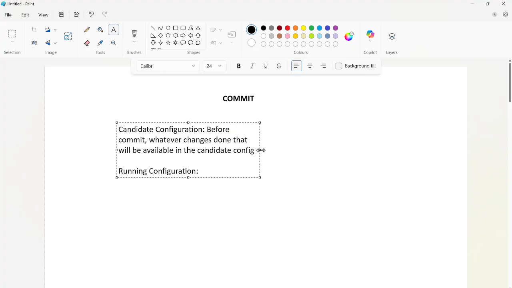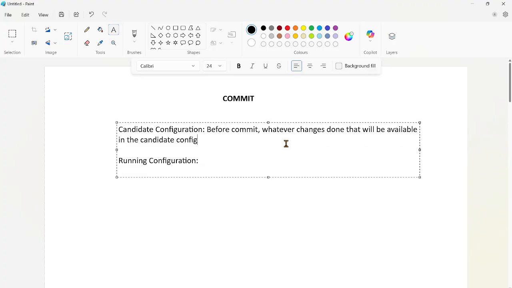Once the changes are made and available in the candidate config, that is not sufficient. If you want the configuration that you have made to reflect, the changes take effect only when they are in the running configuration.